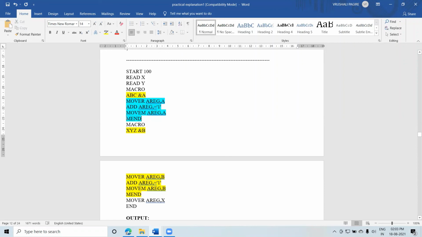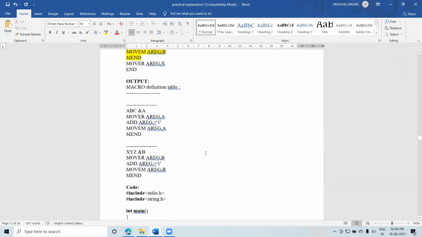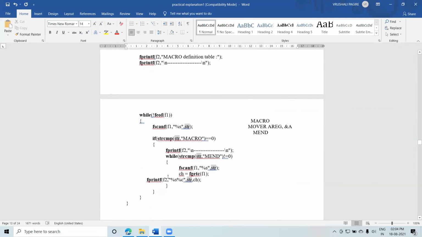We cannot exclude this one. This is only useful to show that now this is the end of the macro. The first macro you have copied. Now you have to go for the second macro. Okay, you can see we came out of this loop. After MEND, we come out, right? So we just stop the copying of the next character. Okay.